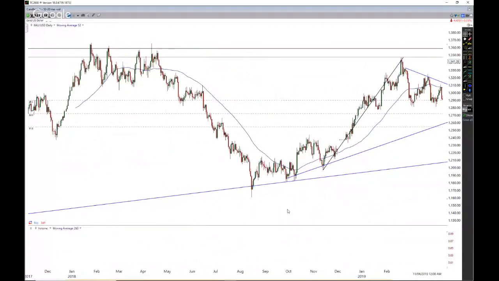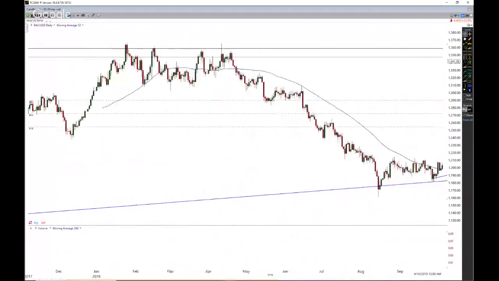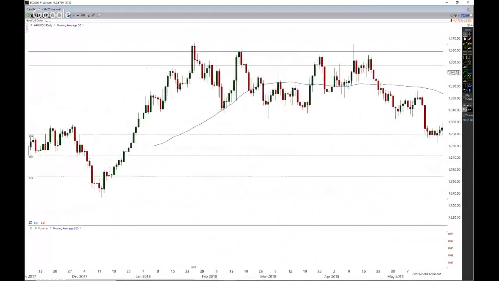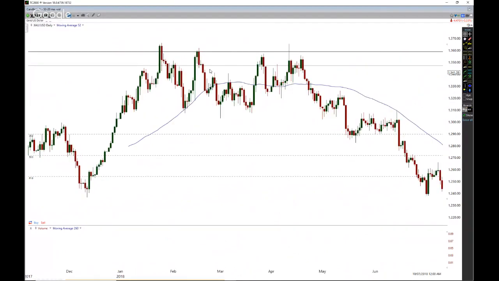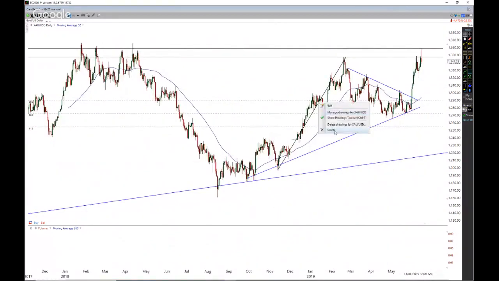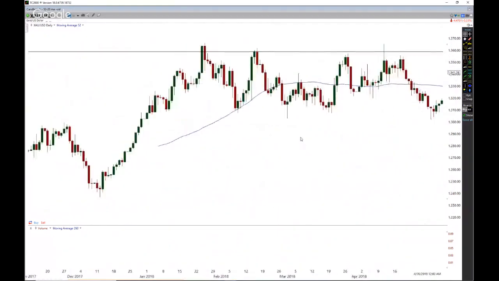So if I go back to gold and bring this up here, what do we have through here with gold? This is now a daily chart, right? So we had this point. See how we had this resistance through here? I want to take that off the screen and zoom back in. Notice how we had a channel that gold was in for January, February, March, April, and pretty much May of last year. So we identified a channel.